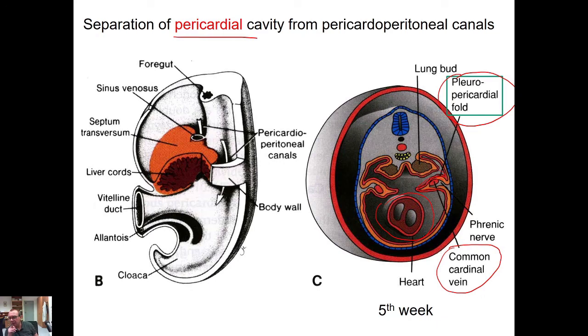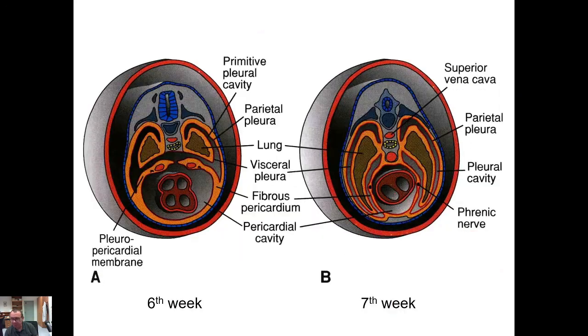So it is the second motor, and the result is formation of pleuropericardial membrane. So these two folds fuse here. In the next picture, it is almost fused, and here it's completely fused. Also veins are fused, giving rise to